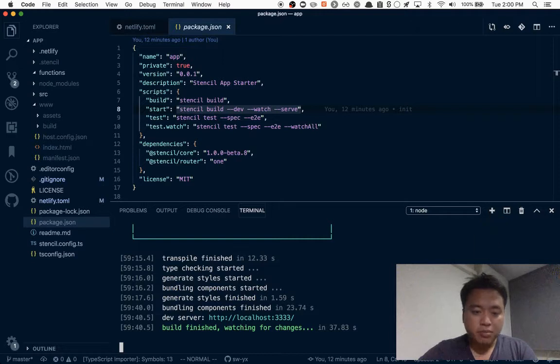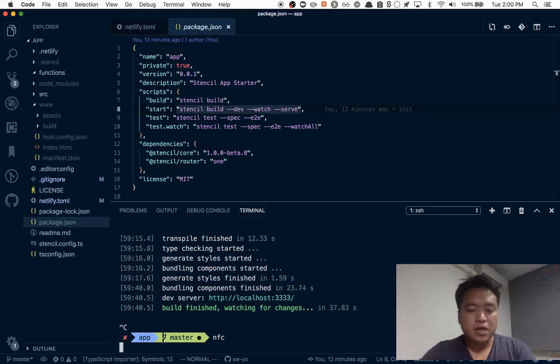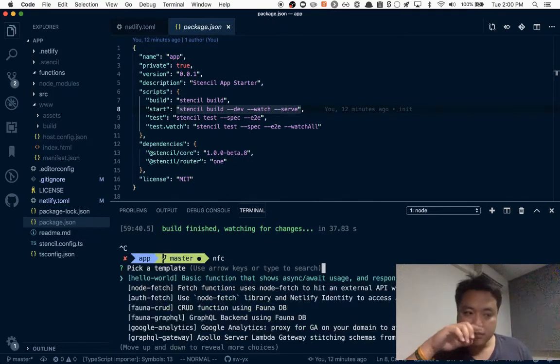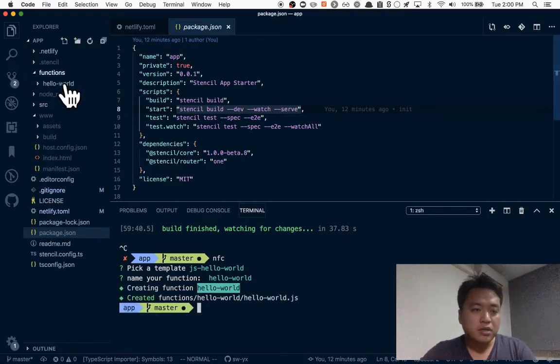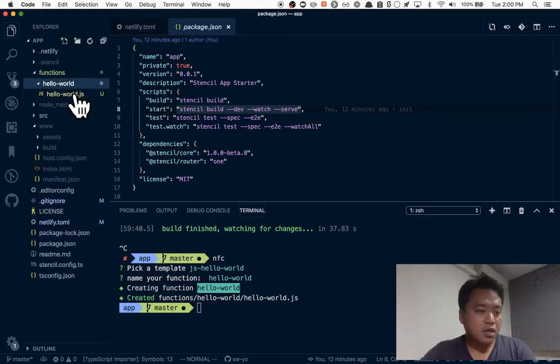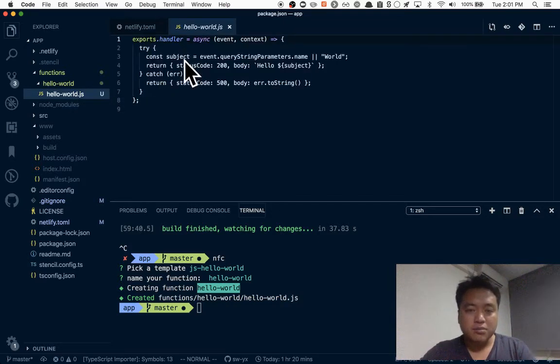So again, I'm gonna kill my process. We probably don't need to, but that's just for safety. So this is Netlify functions create for scaffolding functions. I have this alias to NFC, so that's how I roll. And we're just going to do a simple hello world. And that creates a folder inside of my functions. And all this does is it shows you the format for a simple hello world